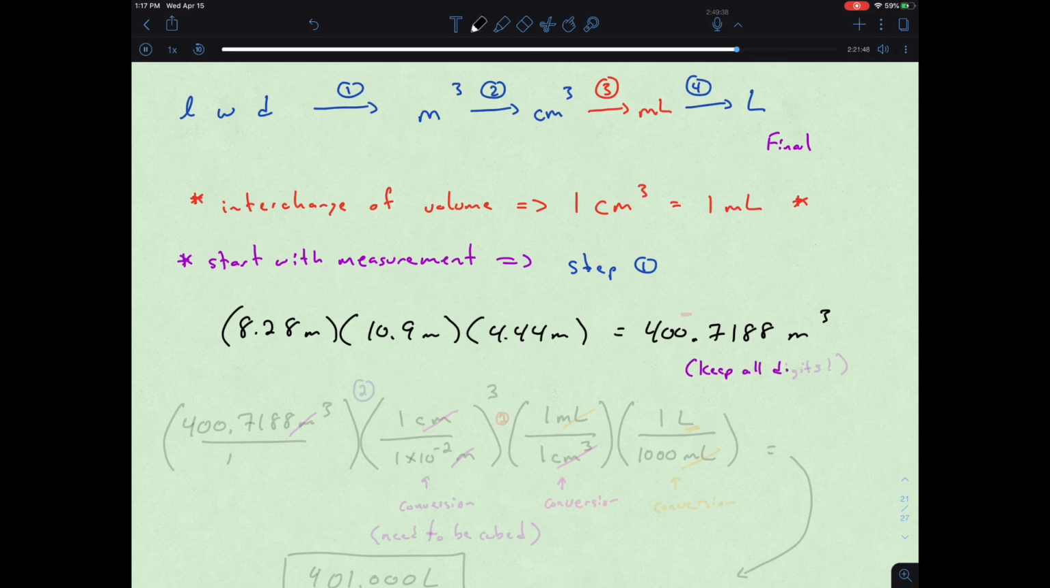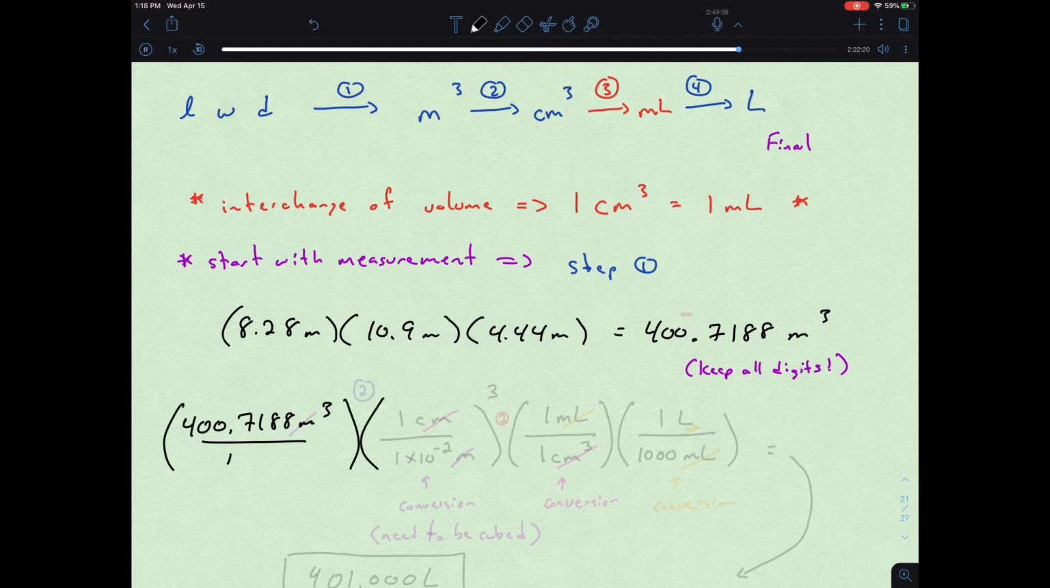It goes on further than that, so you should remember to keep all the digits in terms of the calculation. I'm being a little bit shorthand here. There's some more. But at least that gets us to a reasonable set of units to go forward in the calculation. And so now that we have that done for step 1, now there is our measurement. So we're going to start with that 400.7188